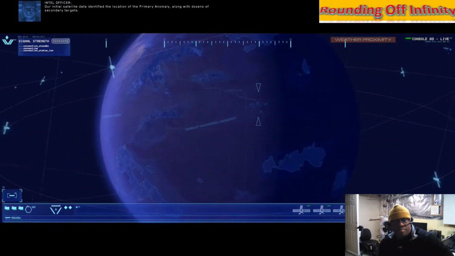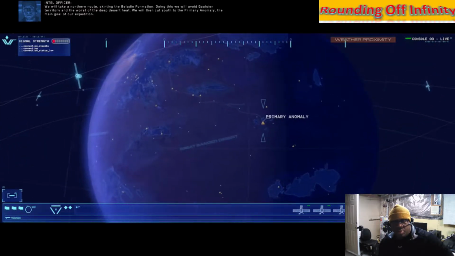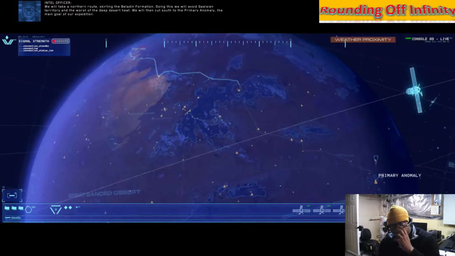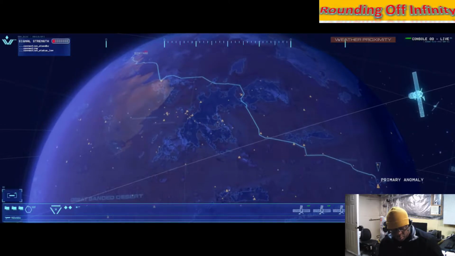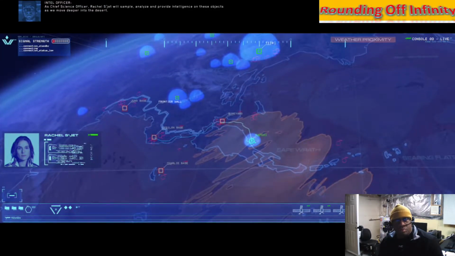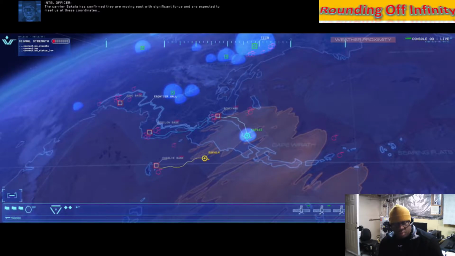At this time we are operating at partial capacity. But systems still need to be brought online. Our initial satellite data identified the location of the primary anomaly, along with dozens of secondary targets. We will take a northern route, skirting the Belladin Formation. Doing this, we will avoid Gaussian territory and the worst of the deep desert heat. We will then cut south to the primary anomaly, the main goal of our expedition. As Chief Science Officer, Rachel Sajet will sample, analyze, and provide intelligence on these objects as we move deeper into the desert. The carrier Sakala has confirmed they are moving east with significant force and are expected